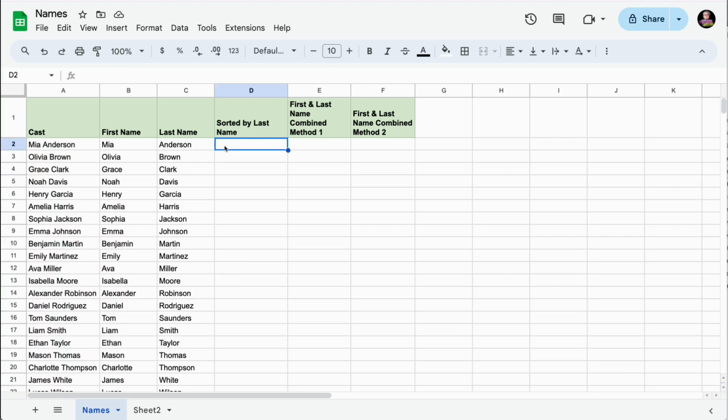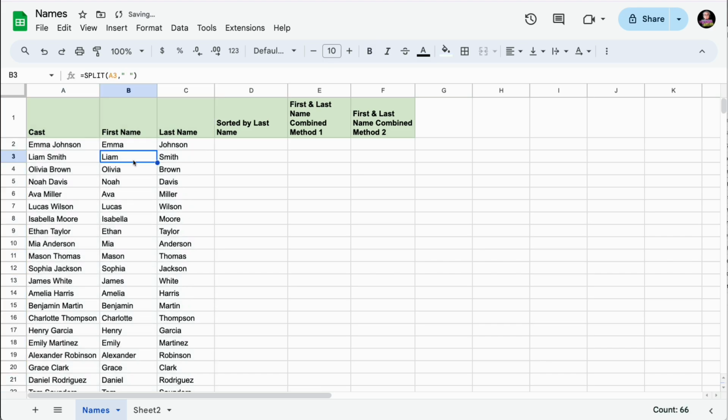Now, if you'd like the sort to happen automatically so that you don't have to do the sort yourself, we can use a formula to do that. So let me just undo the sort. So there we are, we're back into our original. So it's a little bit of a complicated formula. Equals sort,